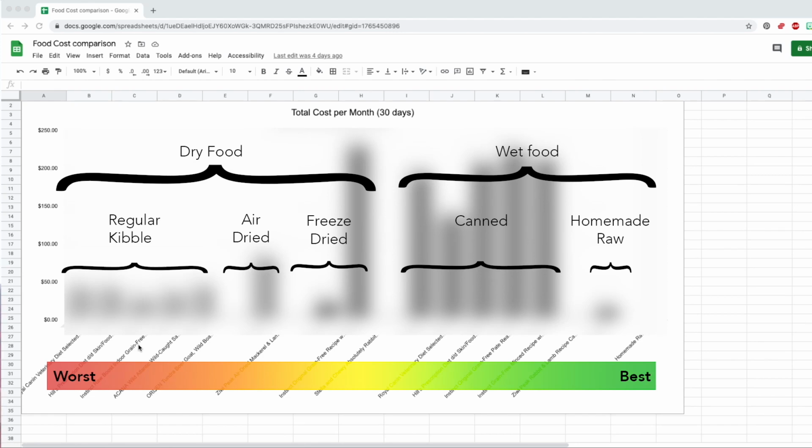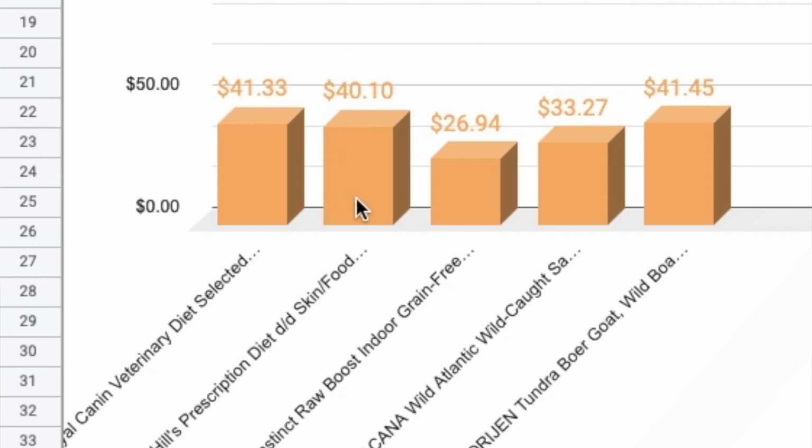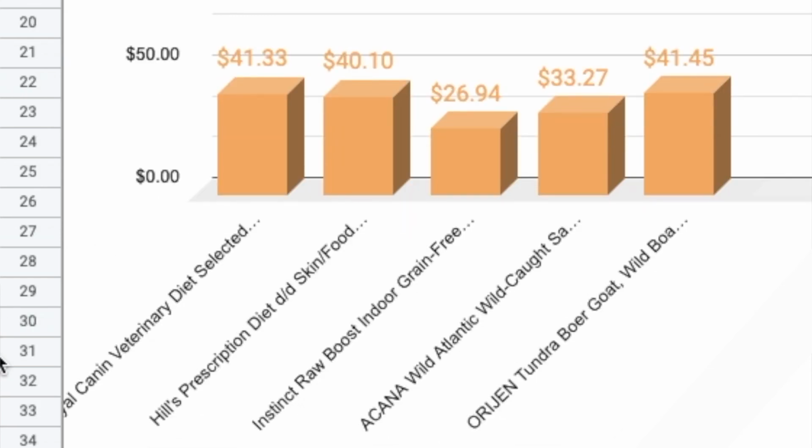And obviously, I'm sure you know by now that I do believe that homemade raw, or raw anyway, is the highest quality that we can give them. So enough of this, let's look at the numbers. All right, so look at these first ones, right? These orange ones. Now we've got Royal Canin Veterinary Diet, Hill's Prescription Diet,